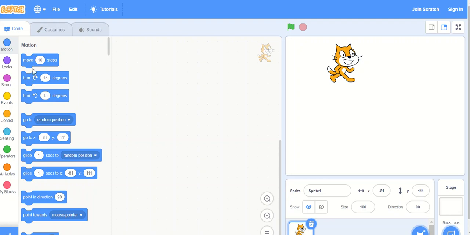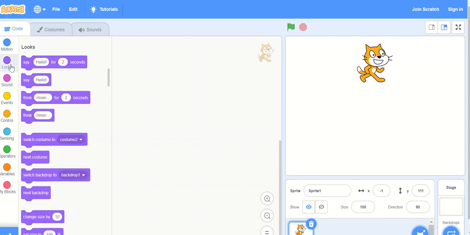These instructions we have already used in grade 3, like the move instruction. Move is used to make the sprite move for a few steps. For example, if I click on this, then you can see on the stage that the sprite is moving.